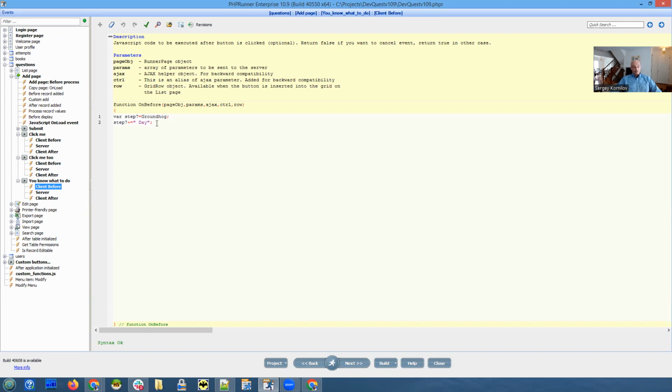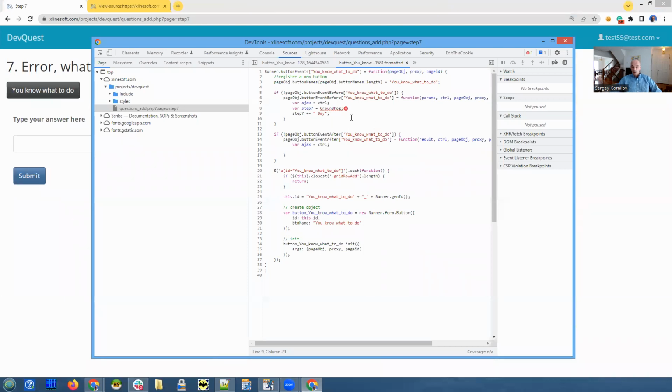So the syntax checker is only able to check the syntax, but it doesn't know if we have such a variable or not. Which means sometimes the syntax checker is not that useful, and you need to compile your project and run it in the actual web browser to see if it works or if it doesn't work. Anyway,